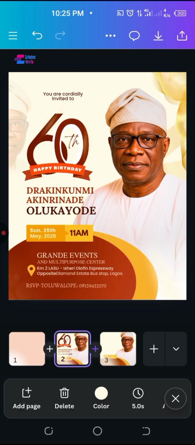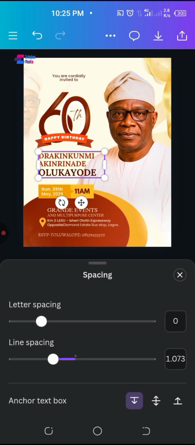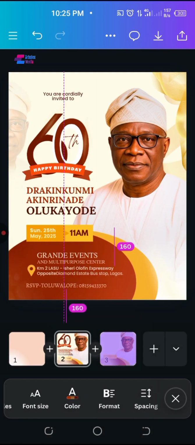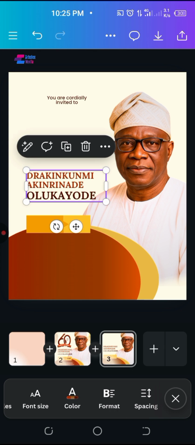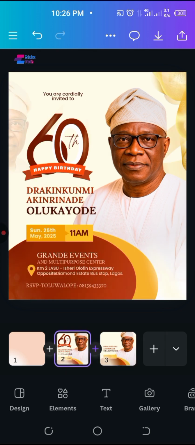Let me just copy from this one. I think I love the way this one is. Let me go to format. No, let me go to spacing, and then 1.073. So use this particular spacing. So I'm going to just move it over here, and then I'm going to align it to this square. It's showing me that it is aligned when I keep it there. All right, so after that,